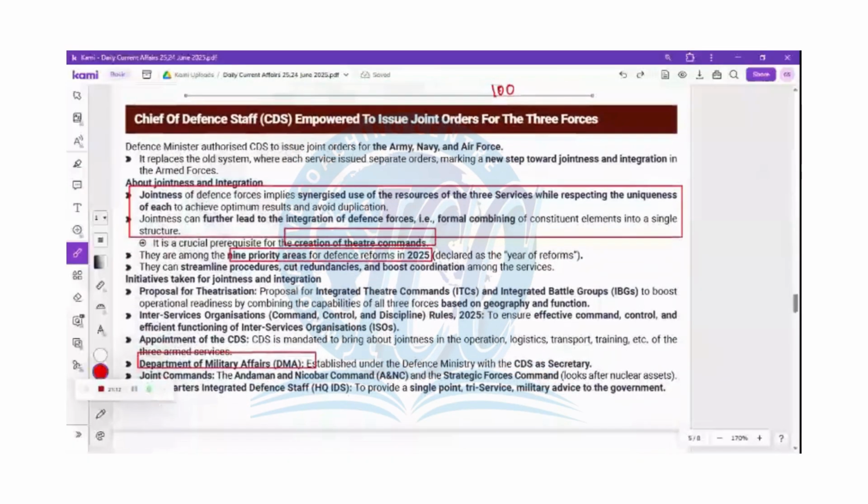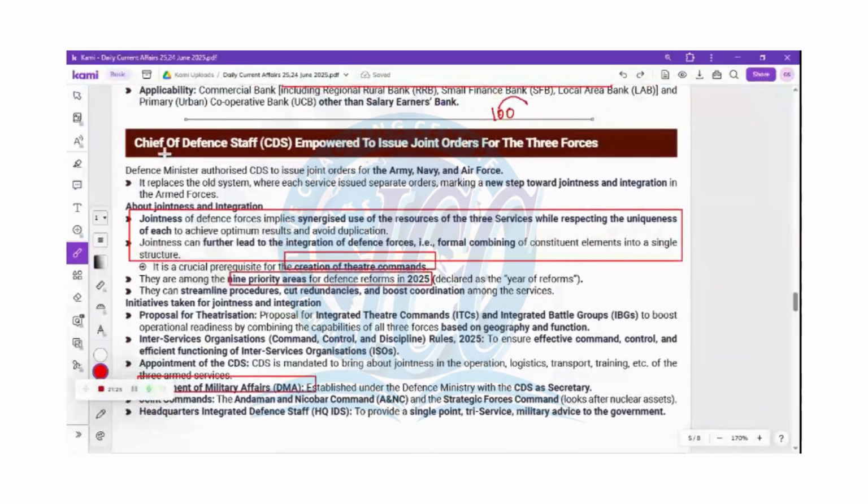Okay, then comes the new warfares. They are not restricted to land, not restricted to navy, not restricted to air force. So we require an integrated command. So in that context, the chief of defense staff is there to bring more jointness and integration under this command of the armed forces. See, now for example, in the navy there are naval ships, in the air force there are combatants. Because the future warfare